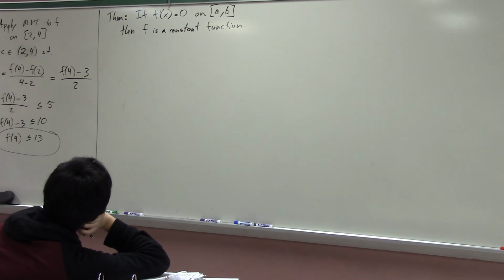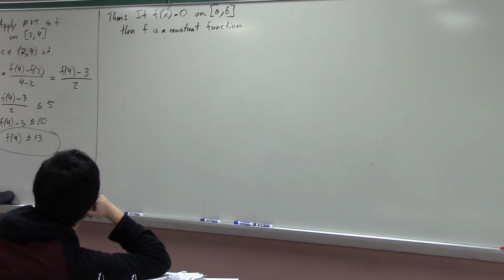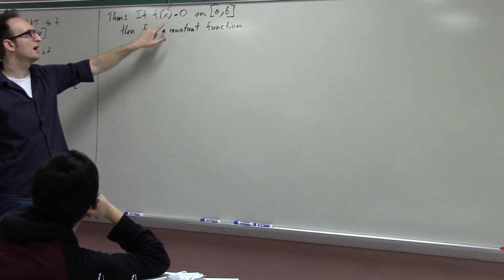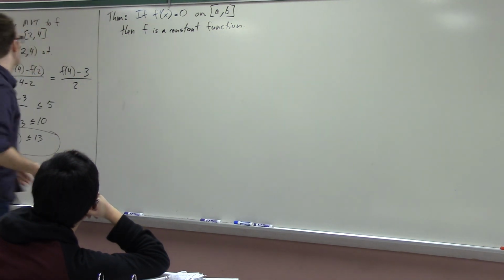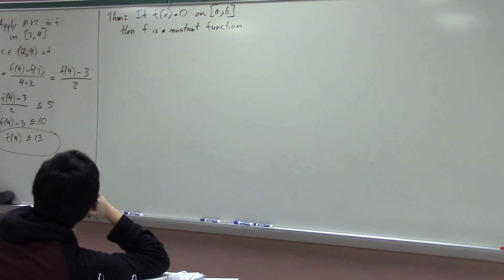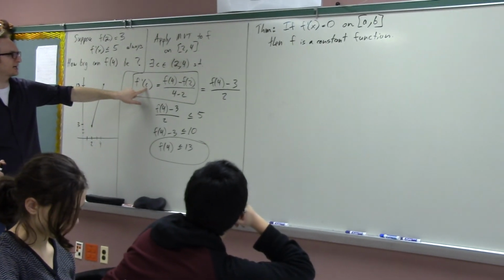Okay, how does the mean value theorem come into play? Well, the mean value theorem is saying that on every interval, there's some special point which represents the function on that interval. That's how I think about the mean value theorem. Over here, for example, I just applied the mean value theorem, right? What the mean value theorem really says is there's some special point c which might